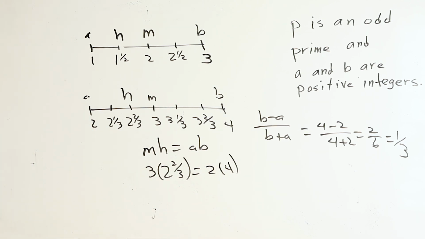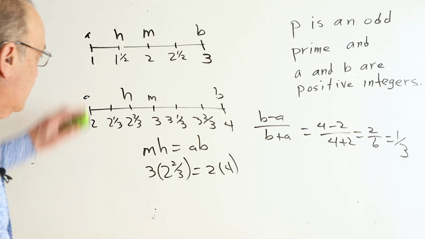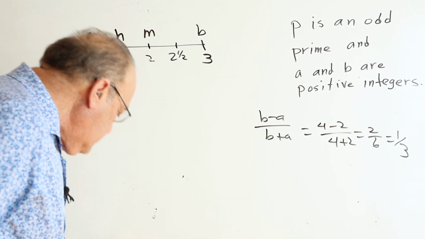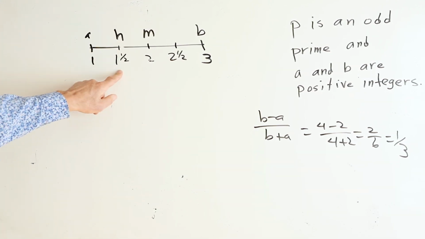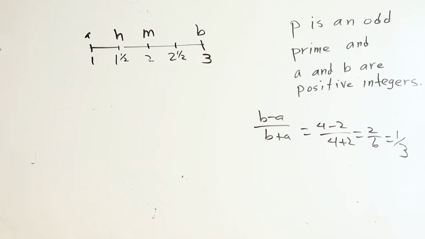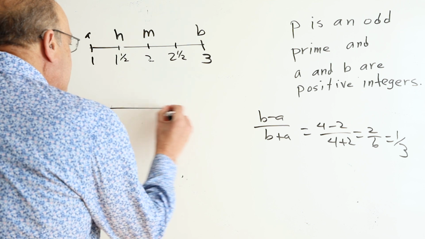And it turns out that's true, that both sides will be equal to 8. So if we want the harmonic mean to be a prime, in other words, we want it to be a whole number, take this case here. The harmonic mean is not a whole number. Well, we can remedy that by multiplying by m. So if we do that,